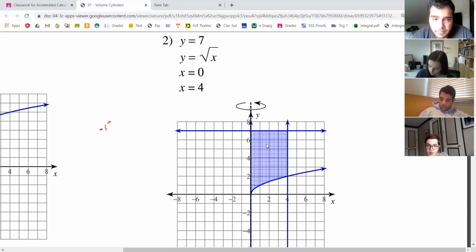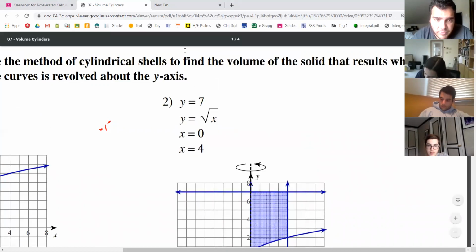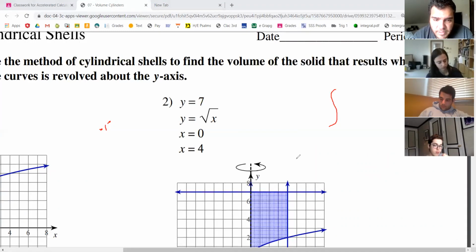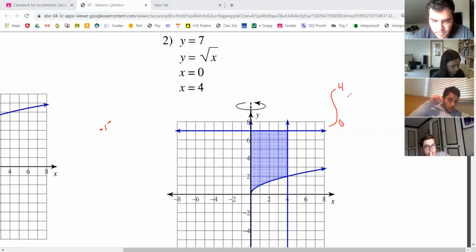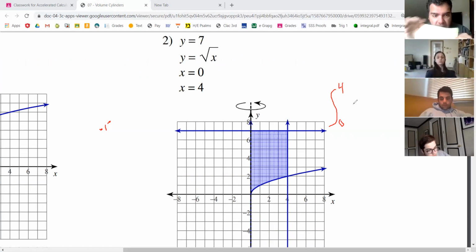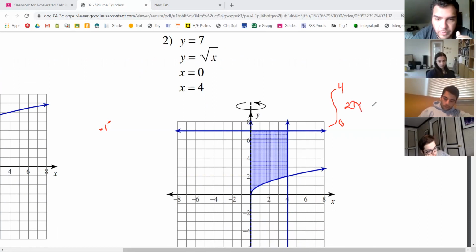First, let's find the bounds of our integral. In terms of x, it seems that it starts at 0 and goes to 4. So our integral is going to go from 0 to 4. Our length, the length of these shells, is going to be 2 pi r, or 2 pi, because we're not going to use r, it's how far away it is from the y-axis, which is just the variable x. Parenthesis,